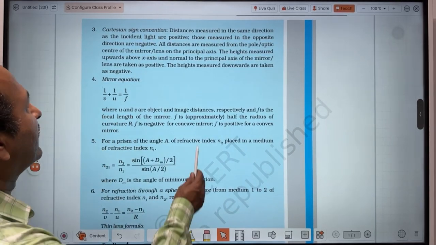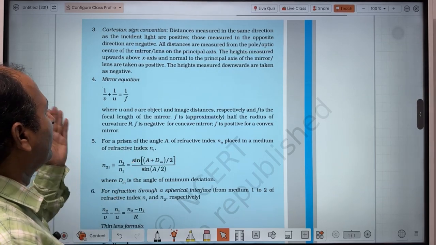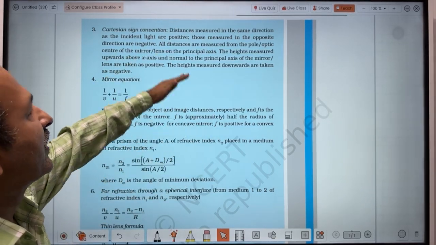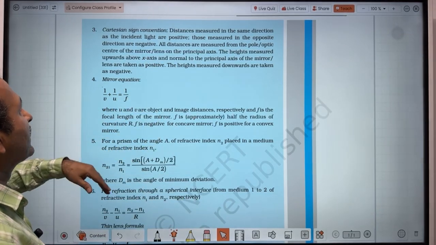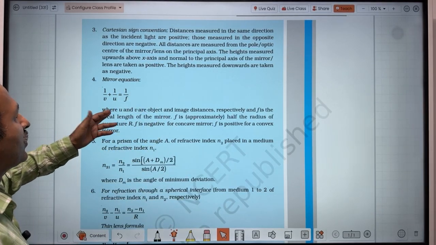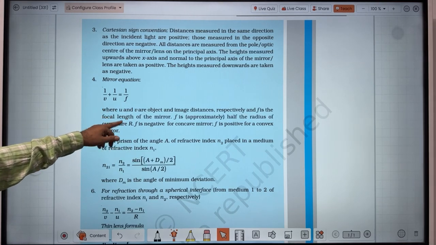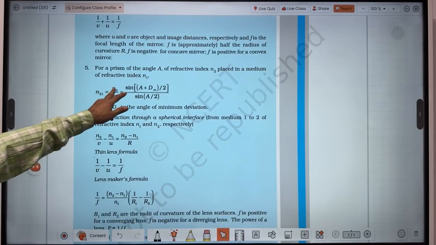Sign convention, you know that distances to the left of the mirror or lens will be negative, and to the right of the mirror or lens will be positive. Upward above the axis will be positive, below the axis will be negative. And then the mirror equation, you know, 1 upon v plus 1 upon u equals 1 upon f, and the lens equation will be 1 upon v minus 1 upon u equals 1 upon f. And then we have derived the